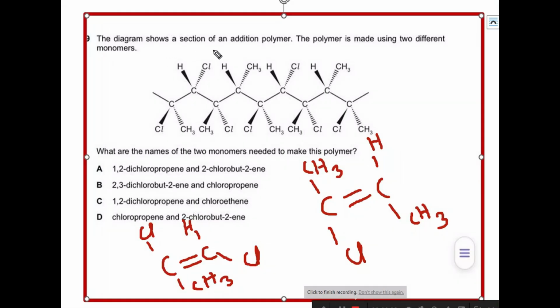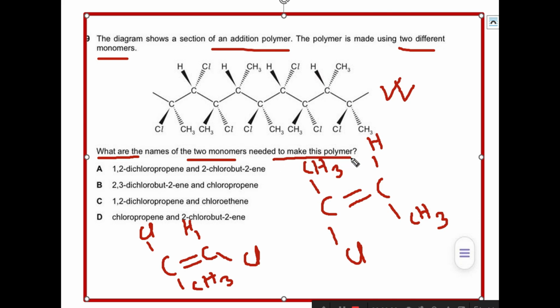The diagram shows a section of an addition polymer. The polymer is made using two different monomers. So you are asking what are the names of the two monomers needed to make this polymer. That means what are the two monomers that can make this polymer. So this answer will be